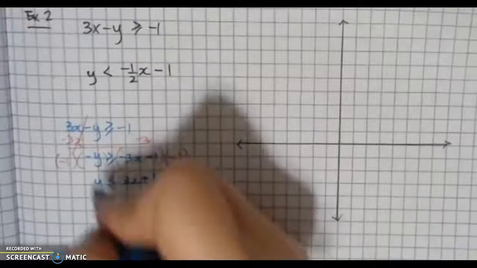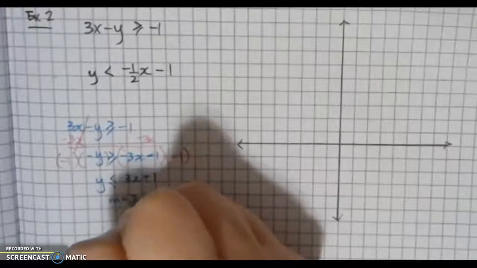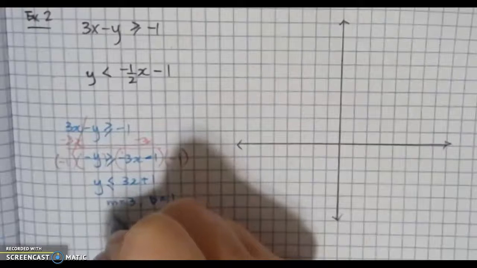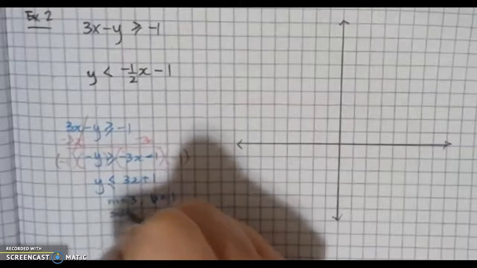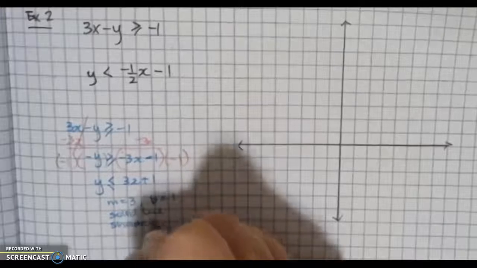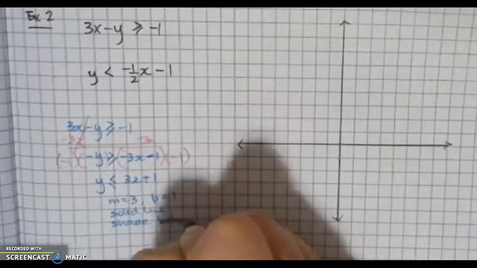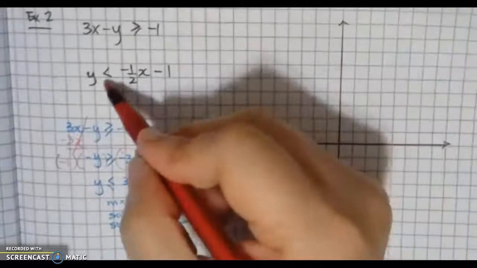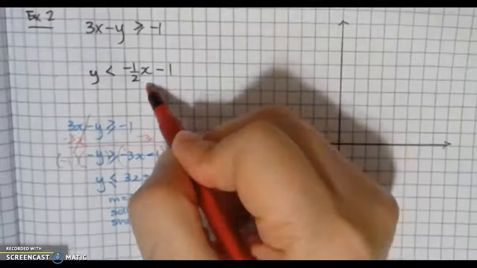And so here the slope is going to be 3. Y-intercept is going to be 1. And we know that it needs to be solid line. And we need to shade below. Let's just figure out the facts, and then I'm going to graph it. Look at this one. This is already in the y equals